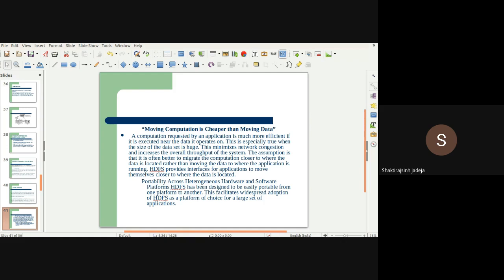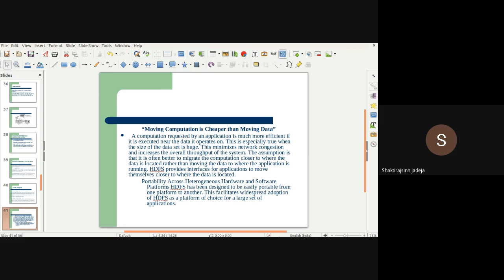Obviously, we know that it requires more time to fetch the data from hard disk. It requires moderate time to fetch the data from our RAM, and it requires the least time to fetch data from cache memory, right? So we know that the nearer the processor to our data, the less time it takes for the throughput, right?